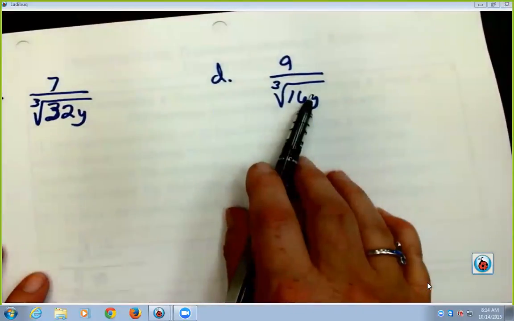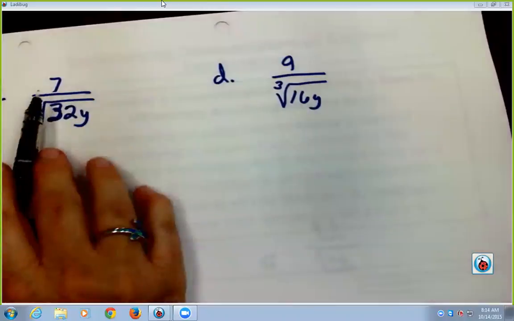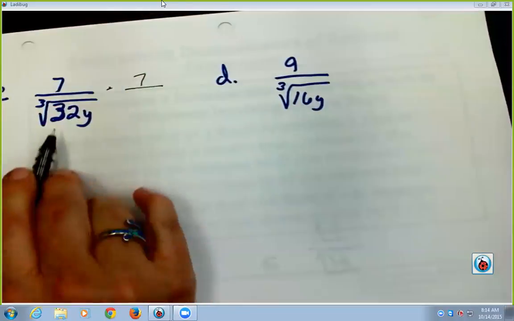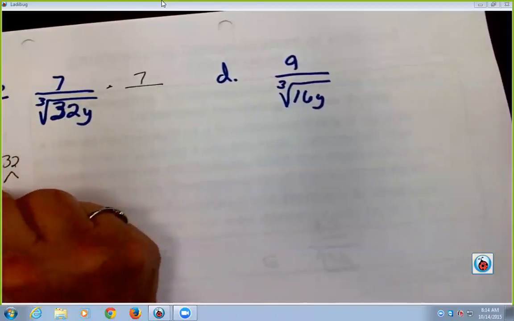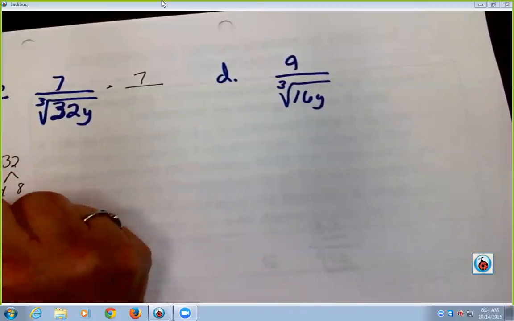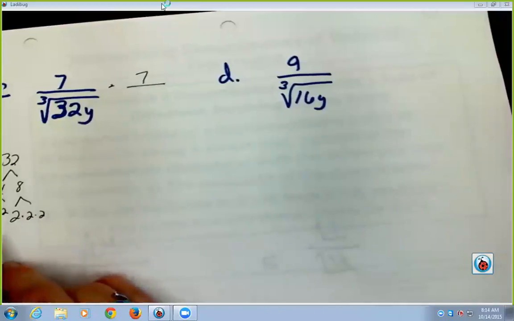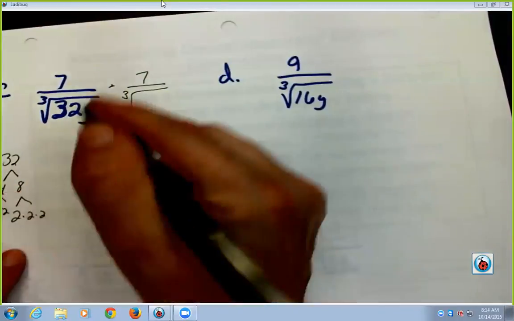Here's 2 that involve cubes. So let's see what we can do with those in order to make them work. So 7 is going to stay a 7. 32, though, 32 breaks down to 4 times 8. 8 breaks down to 2 times 2 times 2. And 4 breaks down to 2 times 2. We good there? That's basically what we've been doing before. So really, I have the cube root of 2 to the 5th